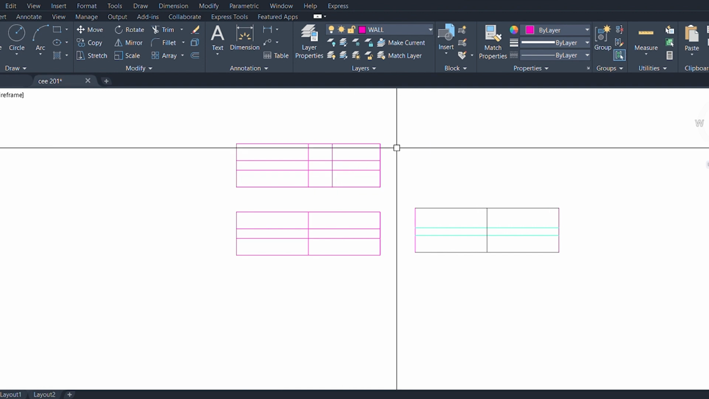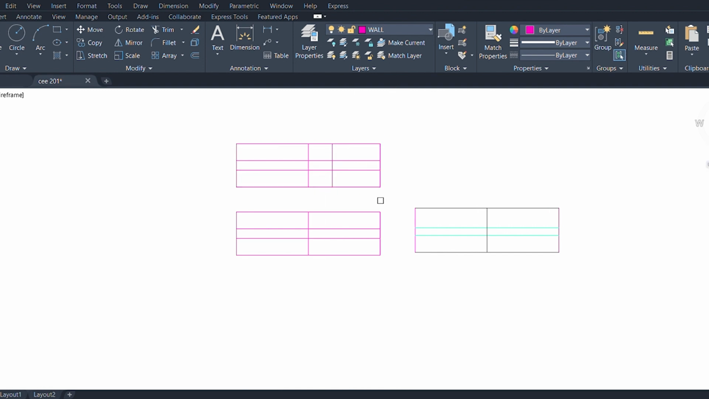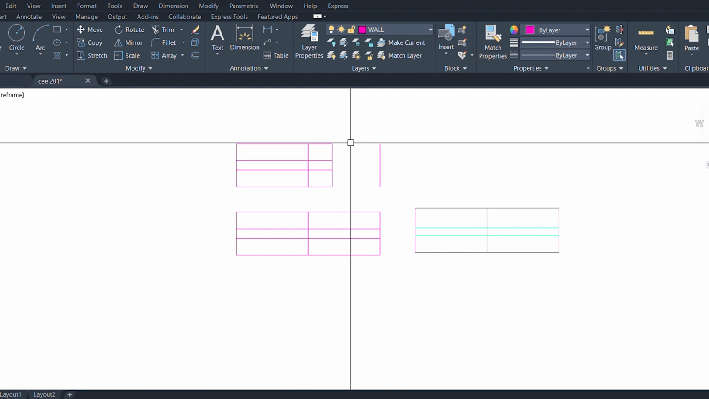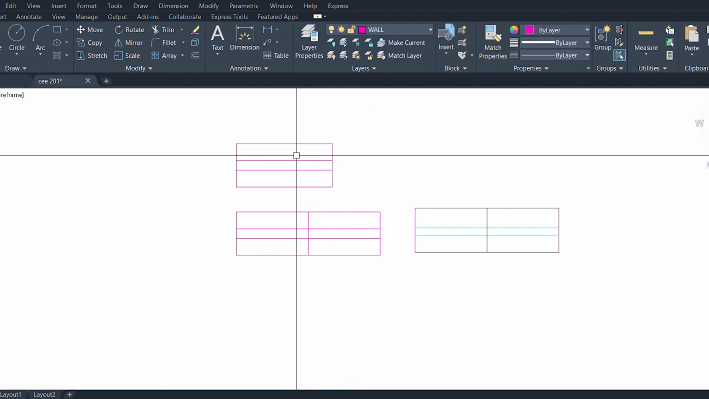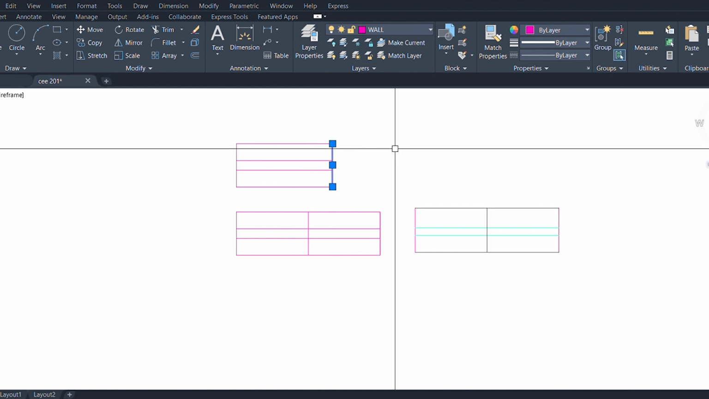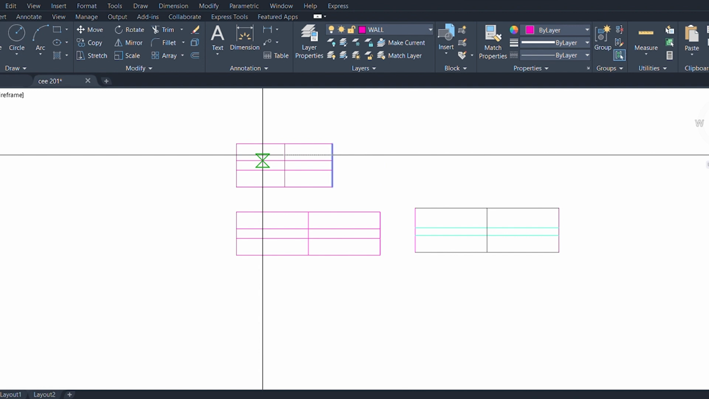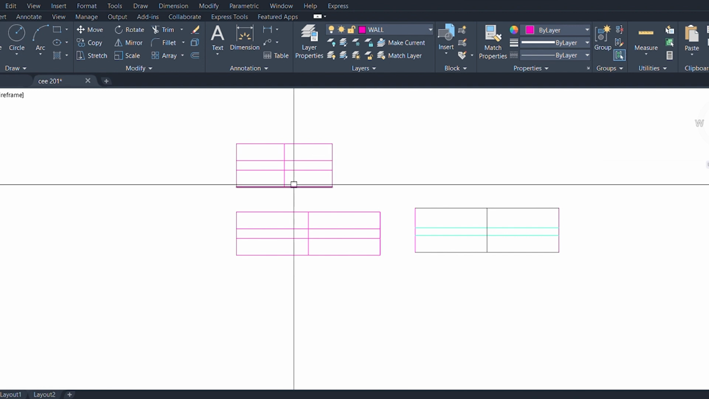Yeah. This one, because I just trimmed it. So, and this one too. Then we can offset this one by 250 to the center. Yeah. And there we have it. So